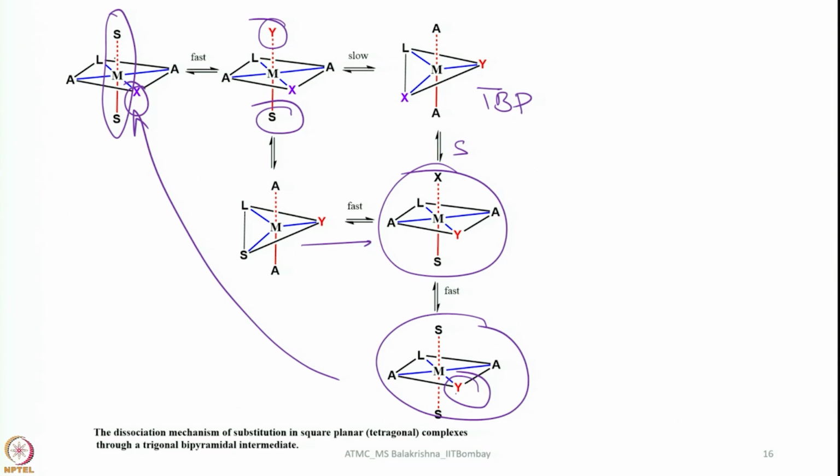Here we are assuming it has coordination number 6, pseudo octahedral geometry, and with this kind of mechanistic path you can convincingly explain substitution reaction in square planar complexes using a dissociative mechanism involving an intermediate having trigonal bipyramidal geometry. With this let me conclude substitution reactions in square planar complexes,